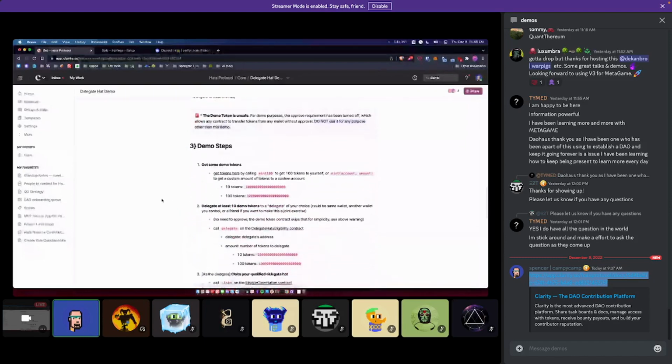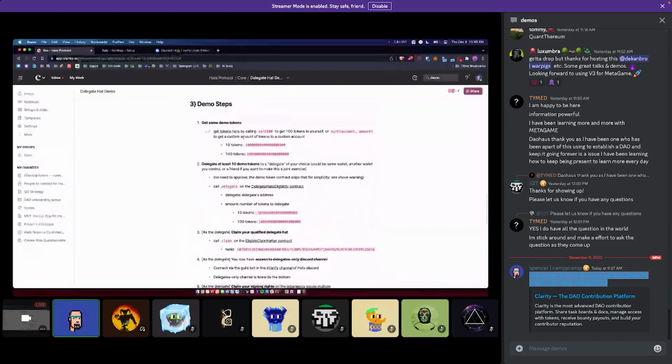Okay, so if you're playing along at home, what you need to do first is just give yourself some demo tokens. There's a mint 100 function on the contract. Just backing up one second, we don't yet have any kind of UI for HATS protocol. We've been focusing on the protocol first. So everything we're going to do today, we're going to do in Block Scout, because we're on Gnosis chain. You can do that by interacting with the contract here. I personally already have some of these.